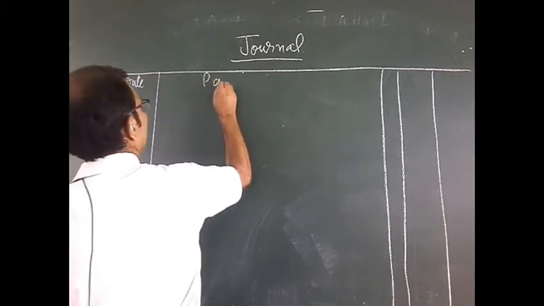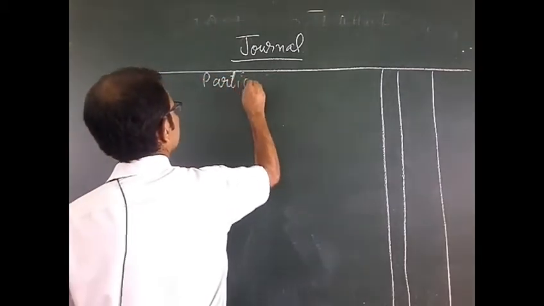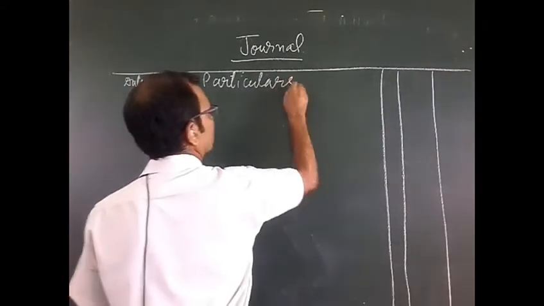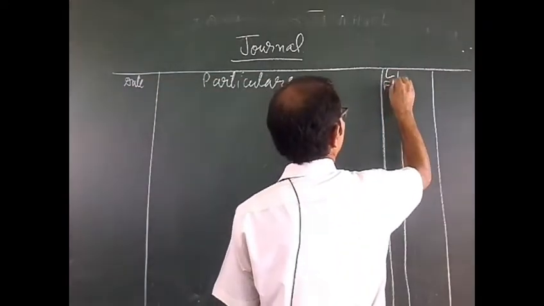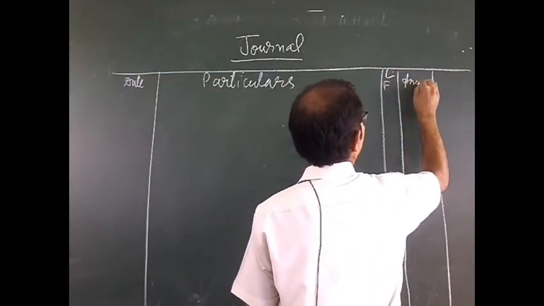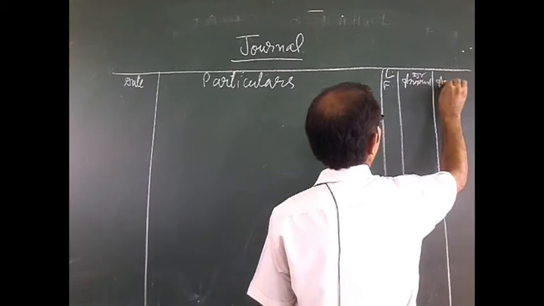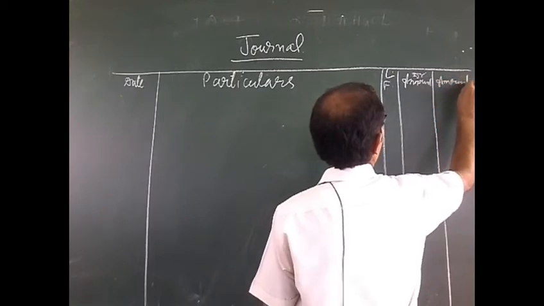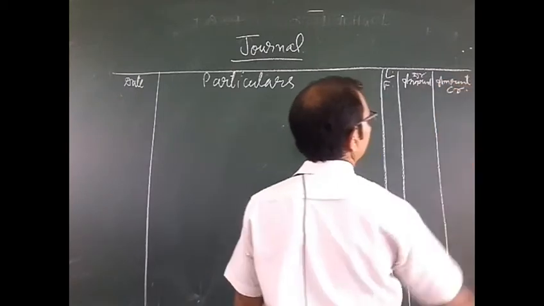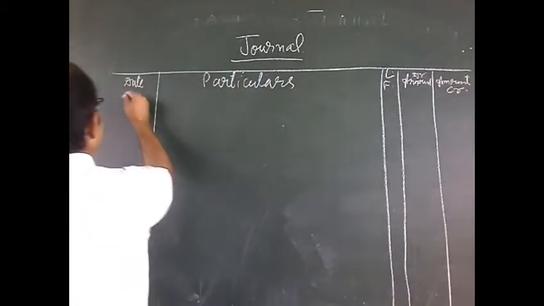Date, particulars, ledger folio, amount, debit amount, credit. The first entry is